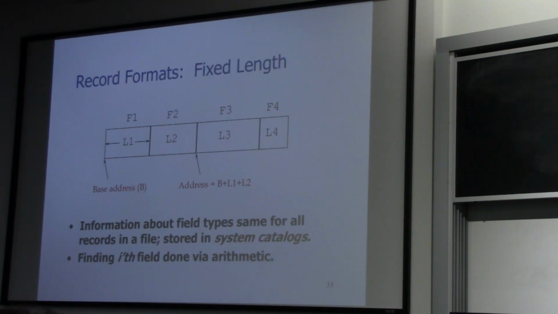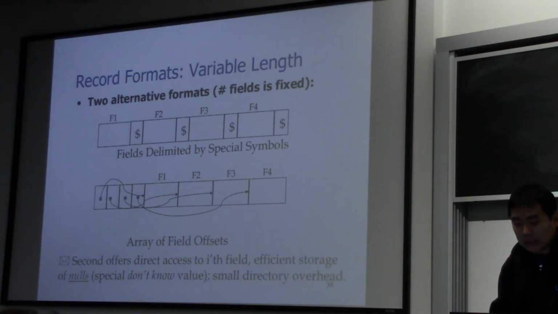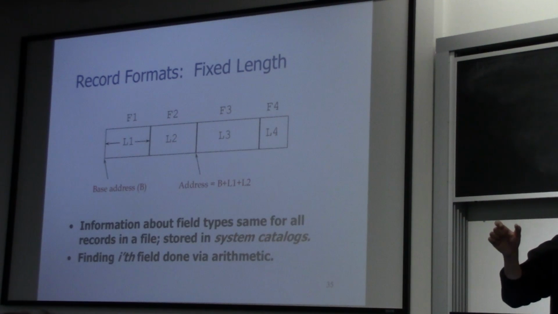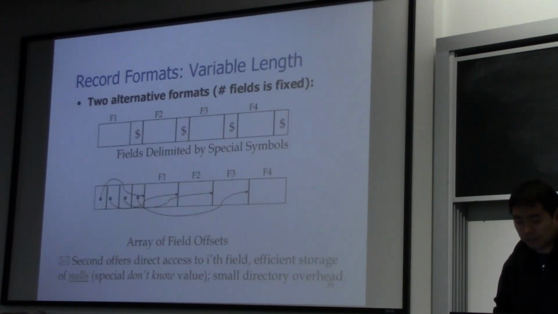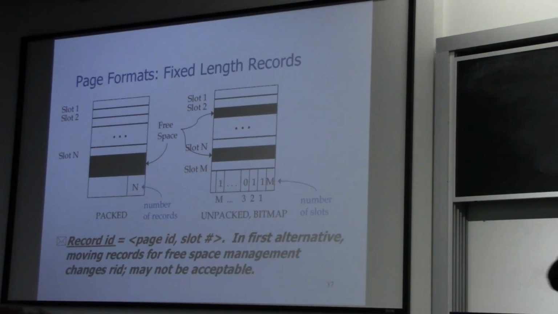And inside each record, we have multiple attribute values. How do we organize those attribute values in a record? Does that make sense? Those are two questions we have answered, which I will skip. We just don't have time to cover this. If you're interested, you can look at the slides, but I don't require you to understand this. I'll give you a quick overview. This is how you organize attribute values in a record, depending on whether you have fixed length attribute values or variable length attribute values. And then we talk about how you organize records in a page, again, depending on whether you have fixed length records or variable length records.